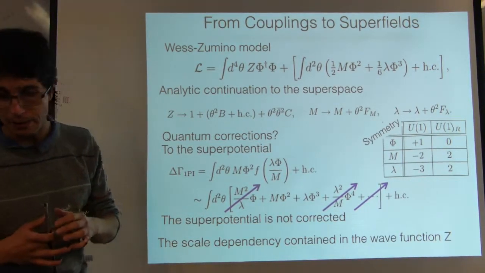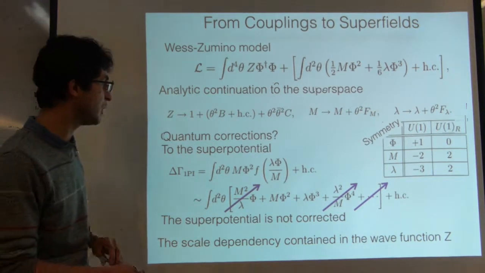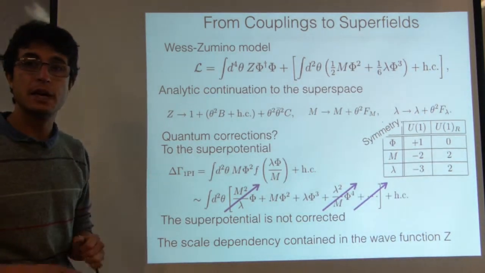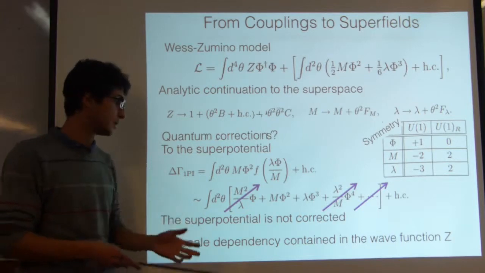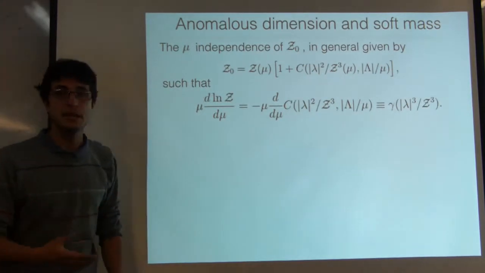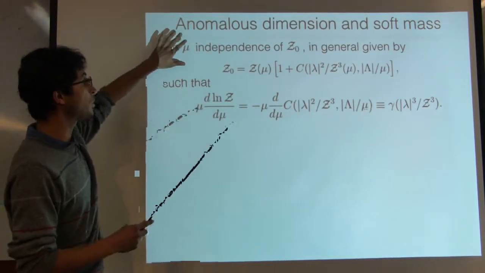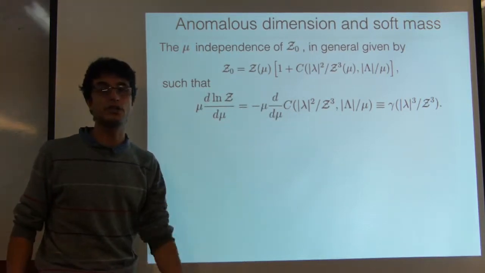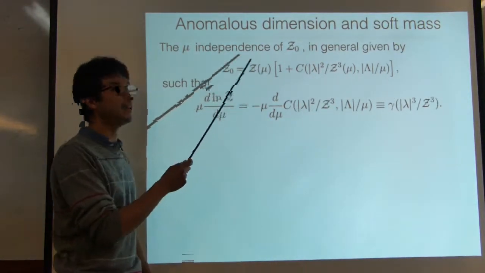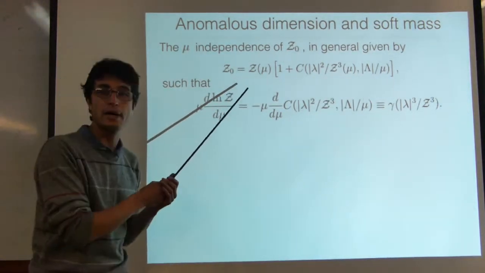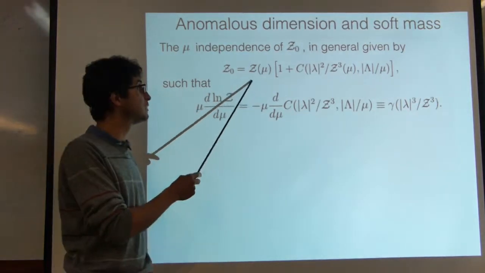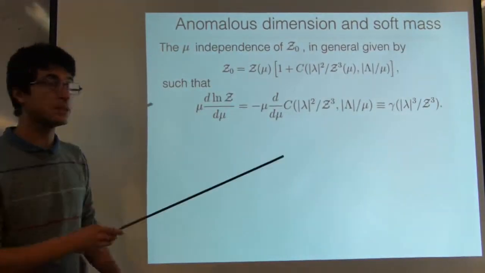Just so you see, some very nice feature of these supersymmetric theories is that it's very restricted, and something that you expect to vary in many ways actually is very rigid. In this case, only the wave function will vary. Now imagine that we want to extract what is the way that this wave function is changing. Actually, by the symmetries and just by scaling analysis, we know that the only way that the bare wave function can depend on the scale is with this form.